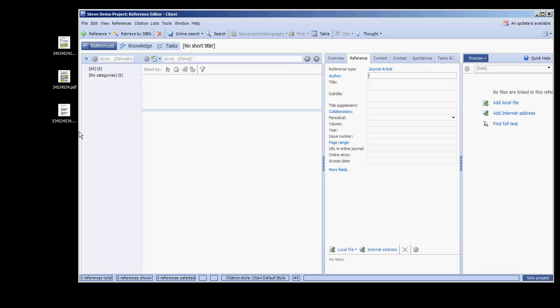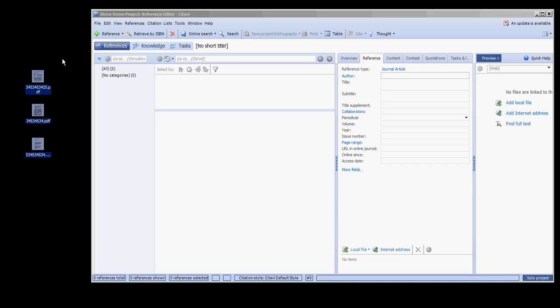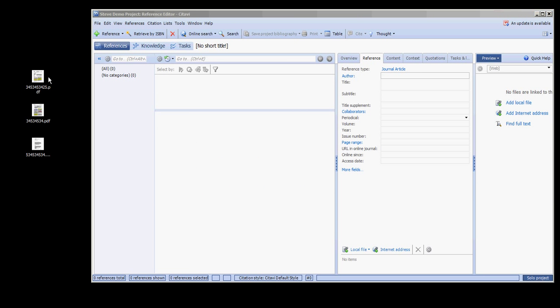So what you want to do now is add entries into your Citavi. You have a huge folder full of files with different names, and you lost oversight, and now you want to get them all into Citavi. That's the main thing. So how do you do that? DOI number, right? That's what we want to do. DOI number. So if you open these files,